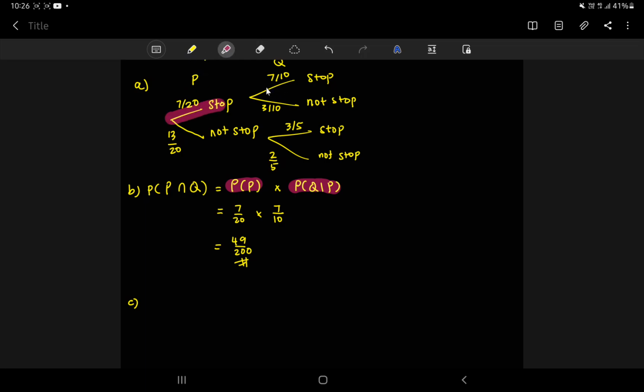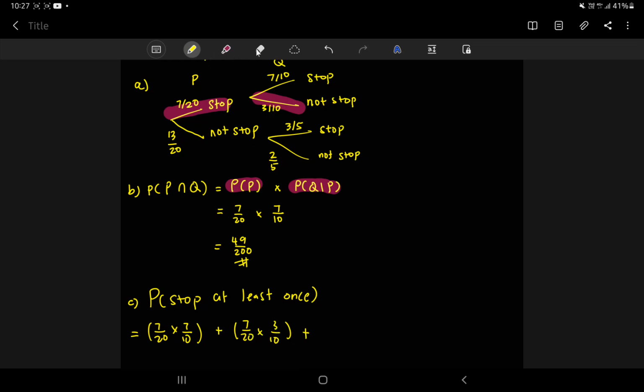So the probability of stopping at least once is 7/20 times 7/10, plus, he can stop at P but not stop at Q, which is also considered as stopping at least once, so it's 7/20 times 3/10, plus